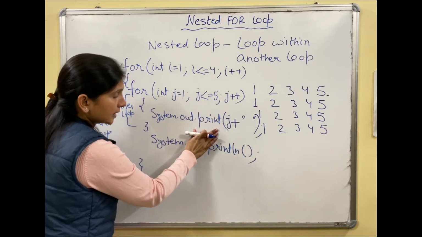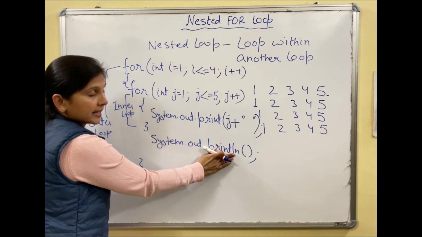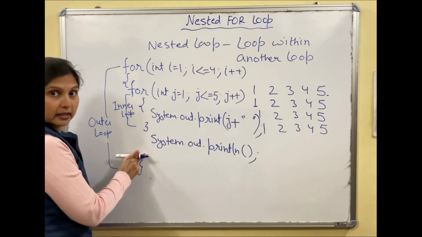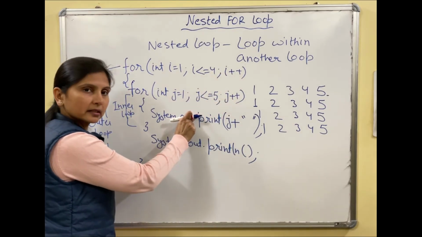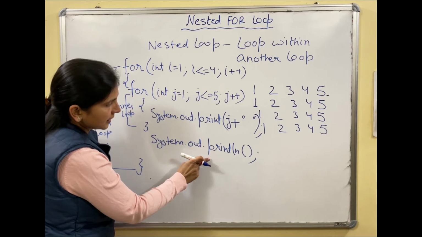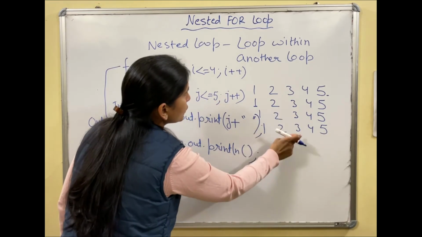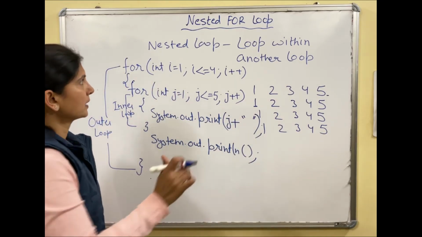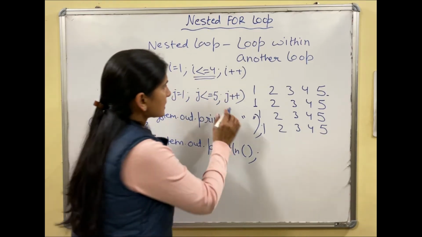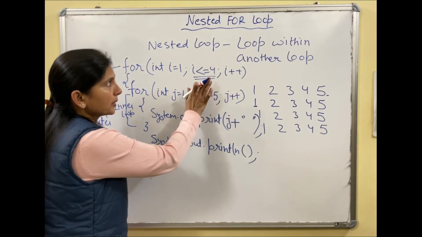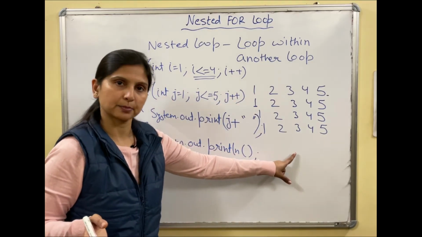Again after completing the inner loop, control will come outside and then the cursor will come to the next line. Still it is inside the outer loop. Again it will go there, i is 3, same process. The inner loop will repeat 5 times. Again it will come out, i is 4, same process, and 4 rows will be displayed. Fine. As we have taken i less than equals to 4, this outer loop will be repeated 4 times, and these 4 rows will be displayed.